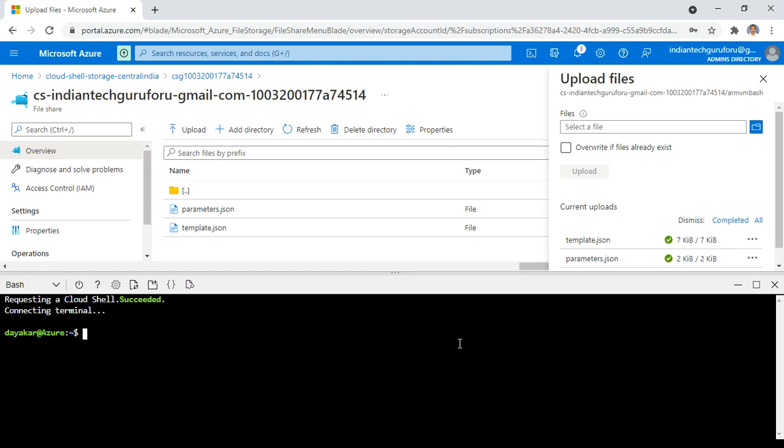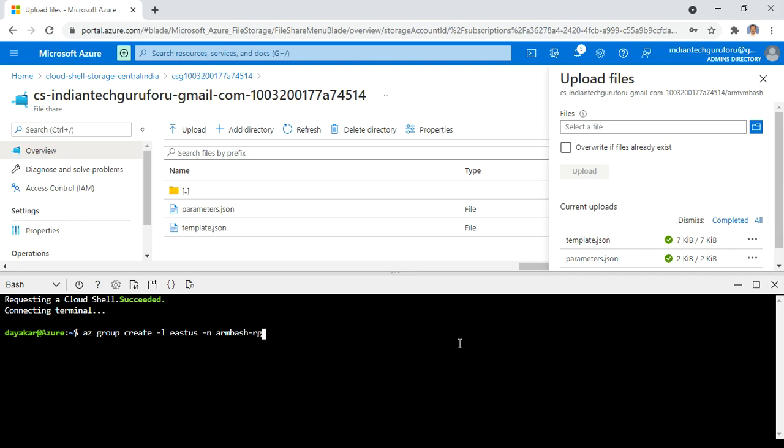Just give the command az group create -l, the location was East US, and the name of the resource group I want to give as ARM bash -RG.